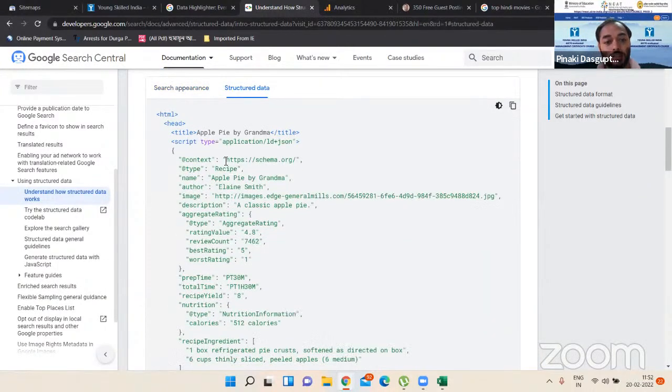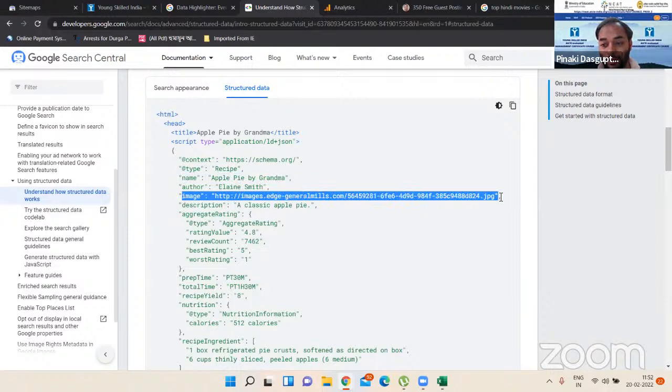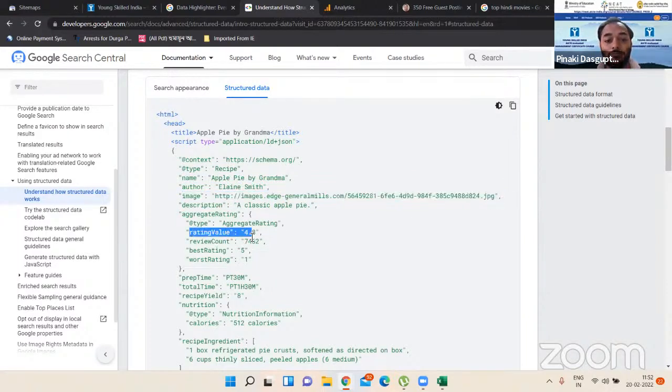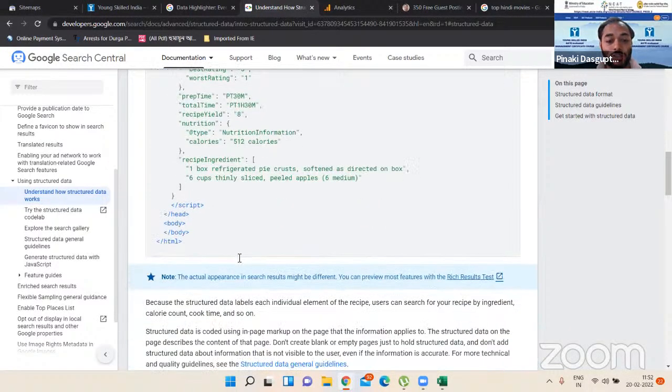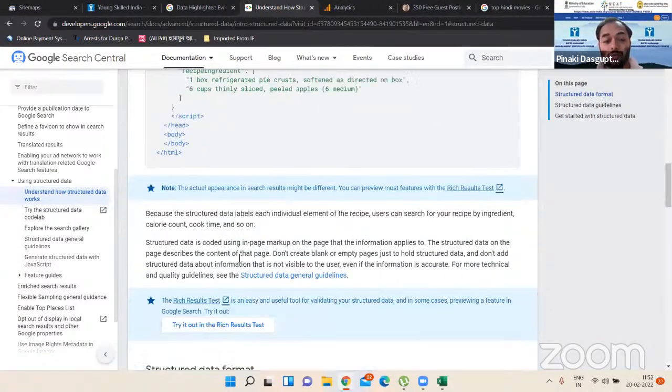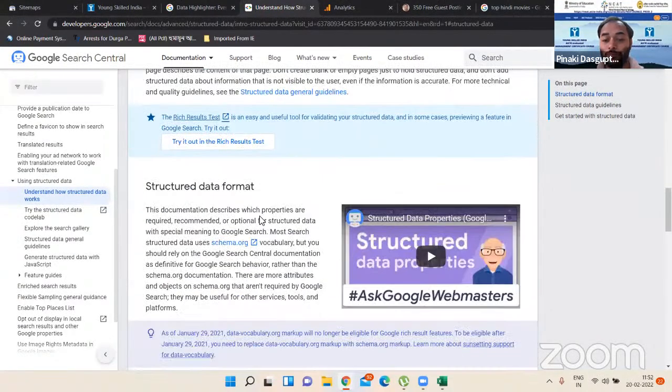See. Name, apple pie by grandma. Author, Eliana Smith. Image, this is the image file. Rating 4.8. Review count 7462. Preparation time is also mentioned here. Okay. So this is the additional data we are actually giving to Google.